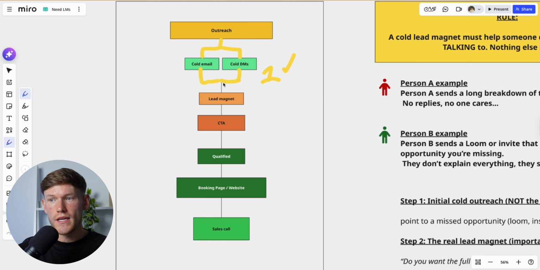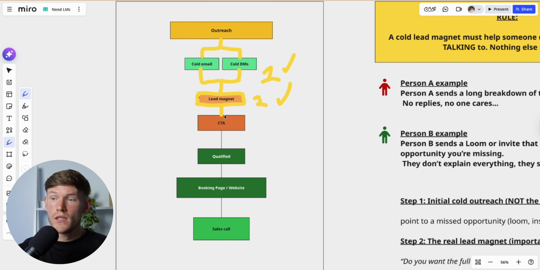So you've done your step one here, and then they're going to qualify themselves in or out. And once they say, yes, I am interested in this opportunity, or yes, tell me more, that is when you go and deliver the lead magnet. And there's different ways to do this. You can send someone a free training. You can send someone a Loom video. You can send someone to a webinar sign up and say, look, with this webinar, we're going to be solving this problem. Whatever it may be, the lead magnet is something that turns someone who is cold, who is not in that sort of 3%, into someone who can actually be pushed further down the funnel and